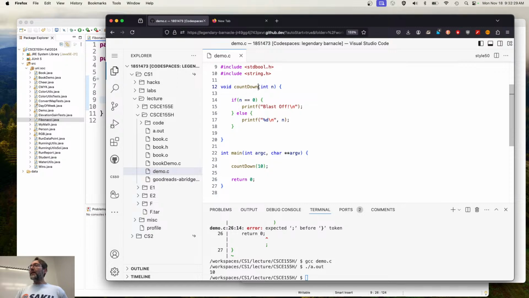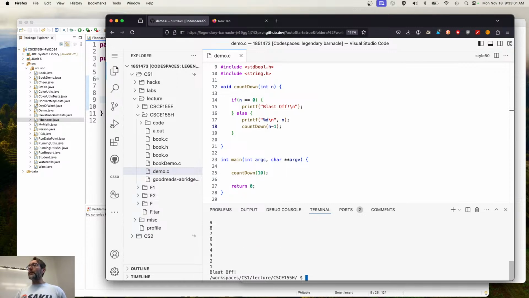Well, I've got a function here that will print out a value unless it's at 0, in which case it'll print blast off, right? What's to prevent me from calling this function down here after I've already printed out the value? We'll call countdown again, but not on n, instead on n minus 1, because if it's 10, I'm going to call this function again on 9. Then it's going to be printing out 9, and then it's going to call the function again on 8, 7, 6, 5, 4, 3, 2, 1, until you get down to 0, at which point it will print blast off. So we've successfully